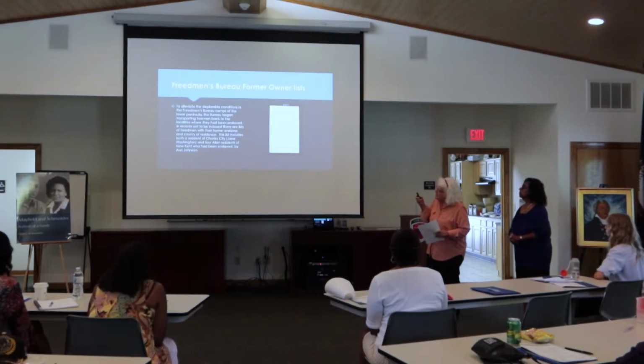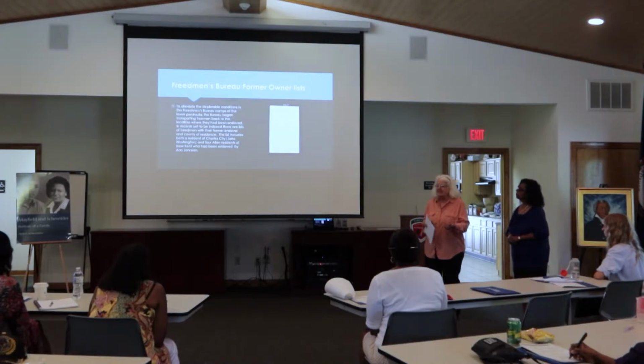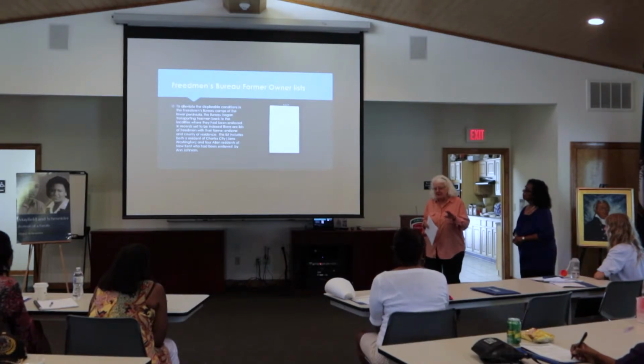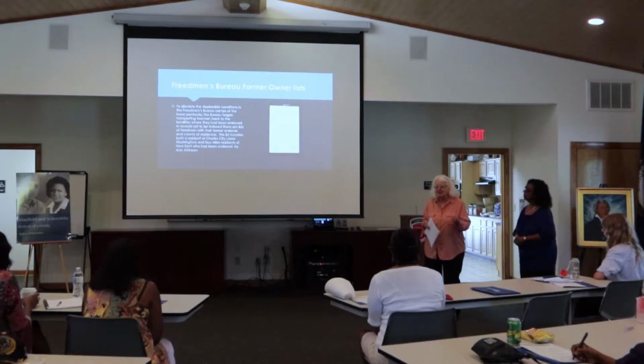Now they're actually lists of indigent freedmen on the government farms. These are in records that have not yet been indexed, so you have to know which reel to go to in the browse function to find them. They have been abstracted and published in a book that we have at the History Center, but one of the things you have to be aware of is the formerly enslaved are phonetically describing the names of their owners,